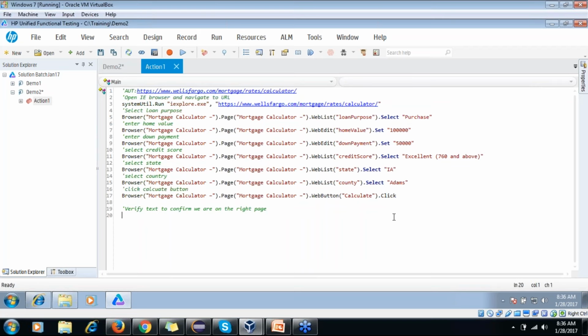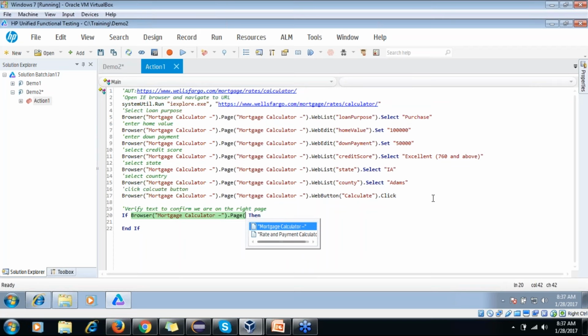Okay, so how can we do this, team? If, okay, browser dot page. Now you see there are two pages.